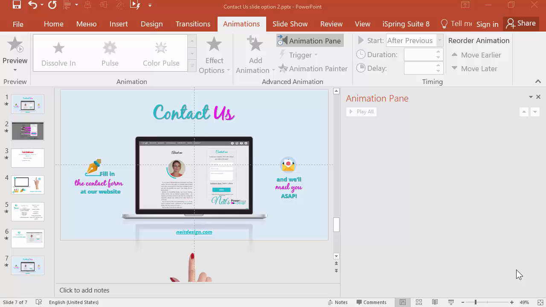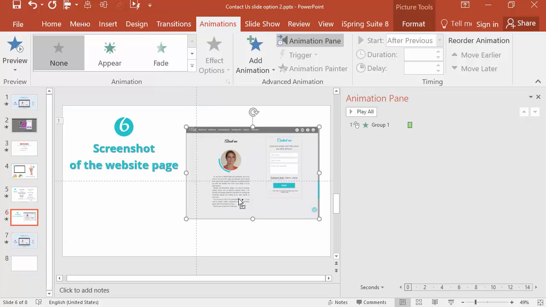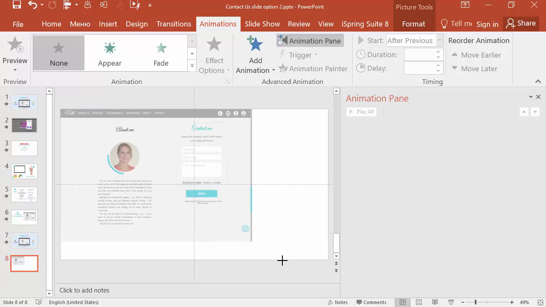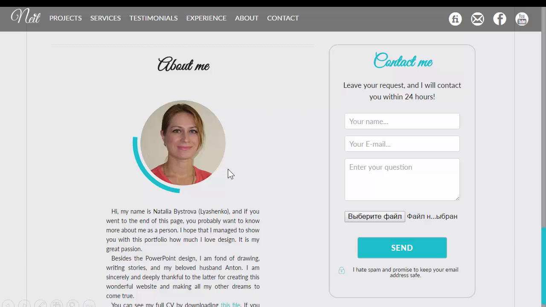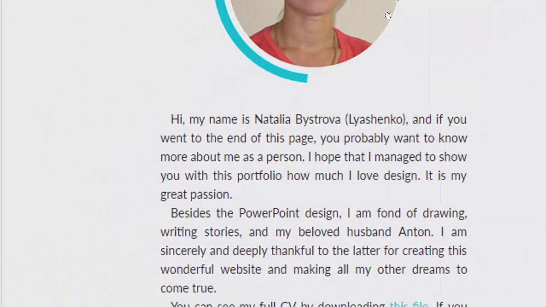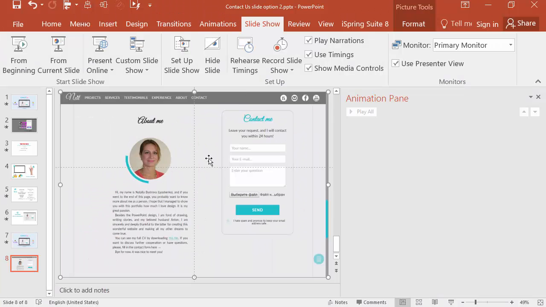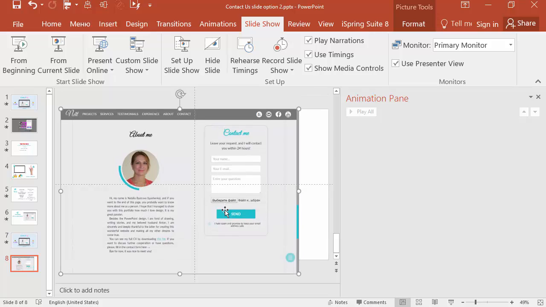Great. Next thing, we are creating the new slide, and put there our screen capture, but in full size. Let's see if the size is good. Not so good as I expected. Let's make it smaller